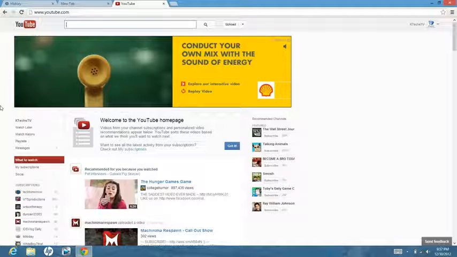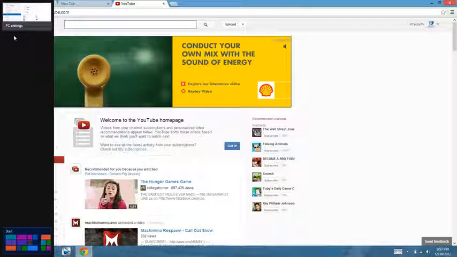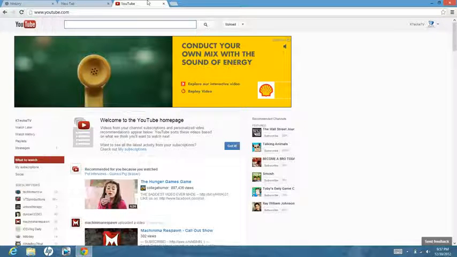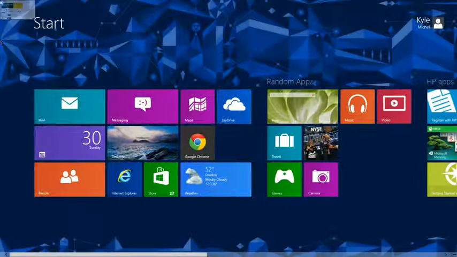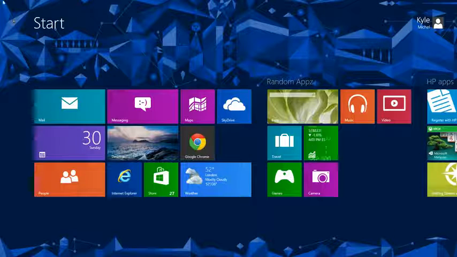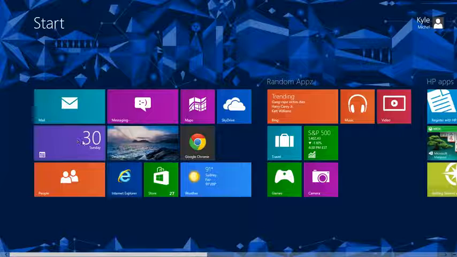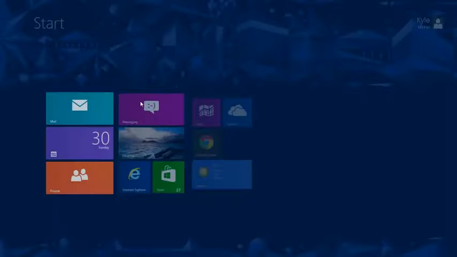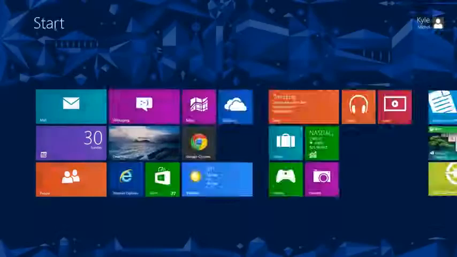So if I go ahead and close this up, go back up here and move my cursor down, you'll see I have this sort of sidebar here, and this is the apps that I'm currently running, and that would be PC settings and Chrome, but it won't show me that because I'm currently in Chrome. So if I go to the start menu, and I go up here, and I go down, maybe, possibly, no? Okay, I think I have to open up more apps. So if I open up the mail app, and I go home, and open up the messaging app and go home, and then I go back to the desktop,